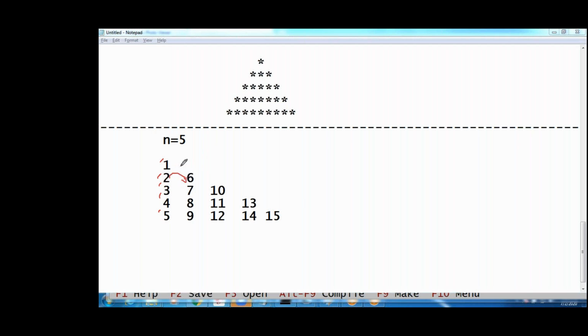Next, when it comes to third row, 4 has to add. Okay, 4 added. Next 7, 10. Next 3 has to add. Now when it comes to last row, guys, how much I have to add? 4. Next 3 has to add, right? Next how much? 2 has to add. Next 1. When to stop this? 4, 3, 2, 1, that is the difference. We are adding how much? 4, 3, 2, 1. Difference should decrement. What is the difference? n minus 1 first. Take n minus 1, it should increment.